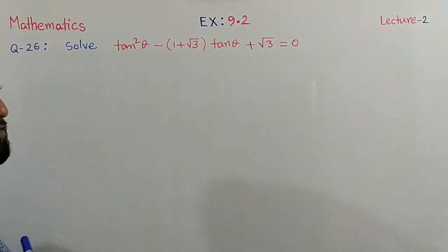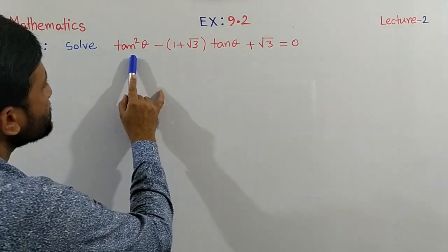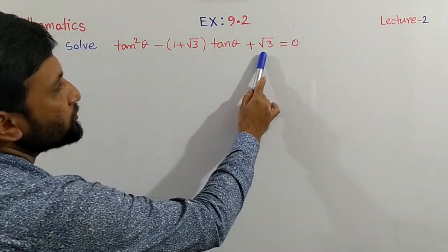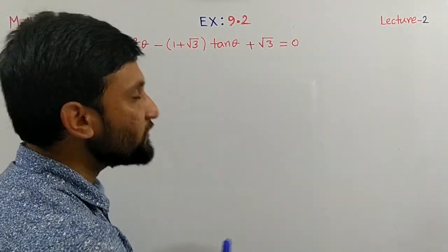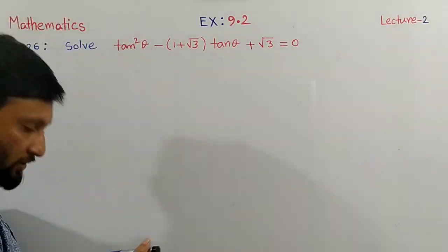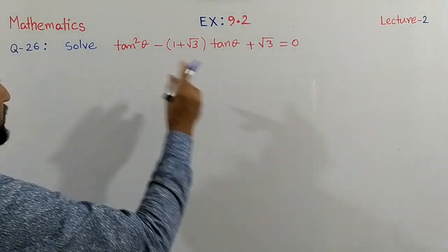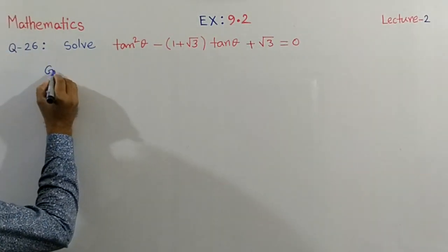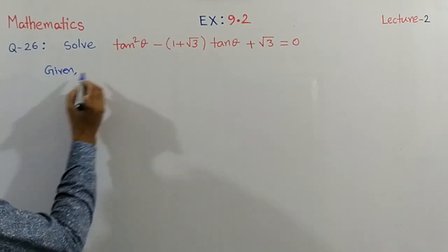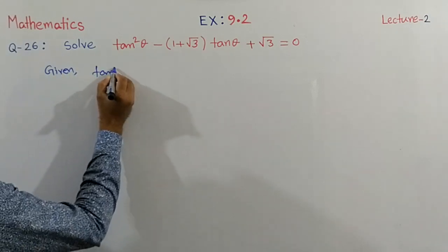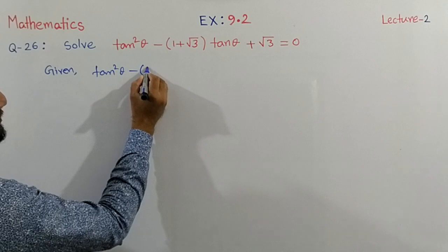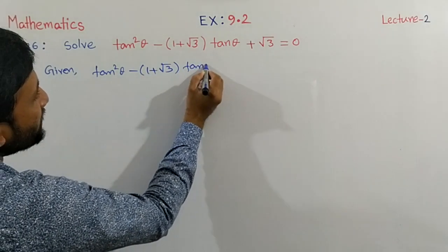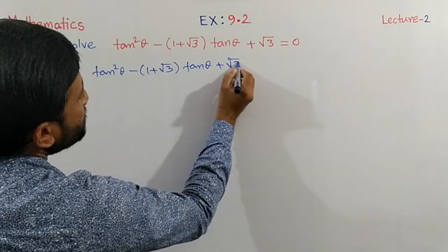Question 26. The question is solve tan square theta minus 1 plus root 3 into tan theta plus root 3 equal to 0. We have to identify the value theta. Now follow the solution process. Here at first write down the following equation. So now given the equation is tan square theta minus (1 plus root 3) tan theta plus root 3 equal